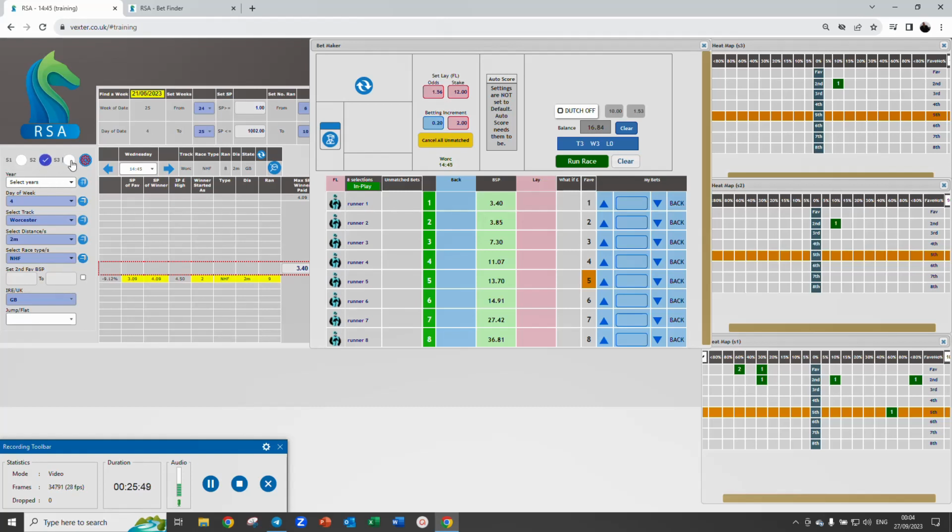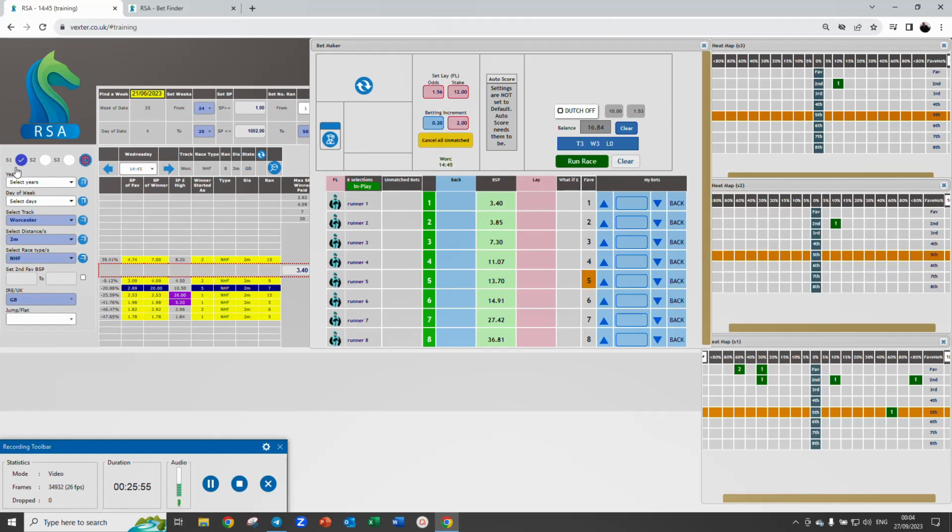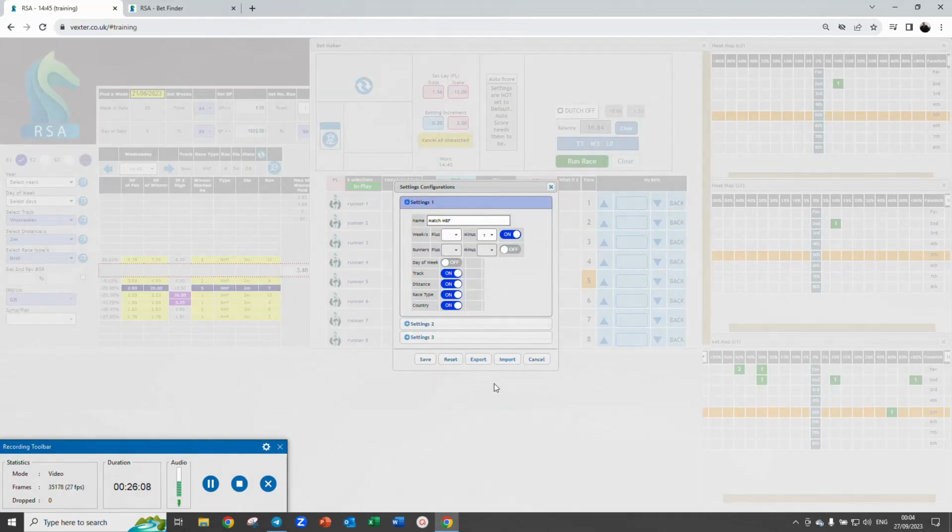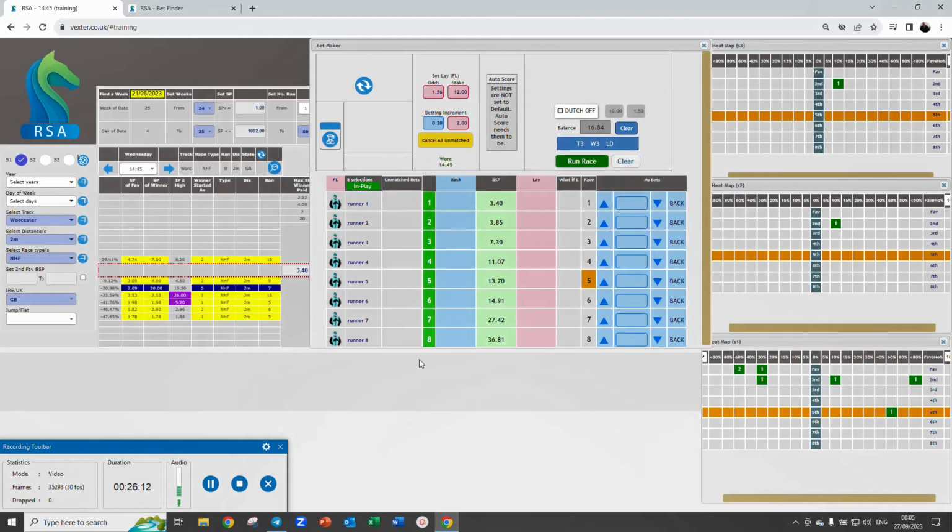So they'd have their all-weather ones there, they'd have their PF here, and then whatever else they wanted to have there. Now the reason we ended up going with default was to make this auto score, to get a bigger picture of how all of them look. So let's get back to default. And play,